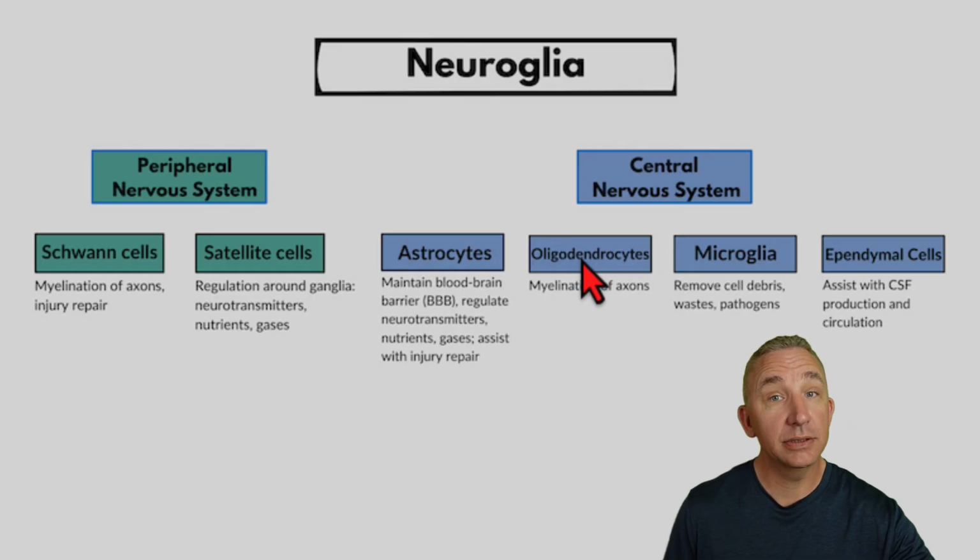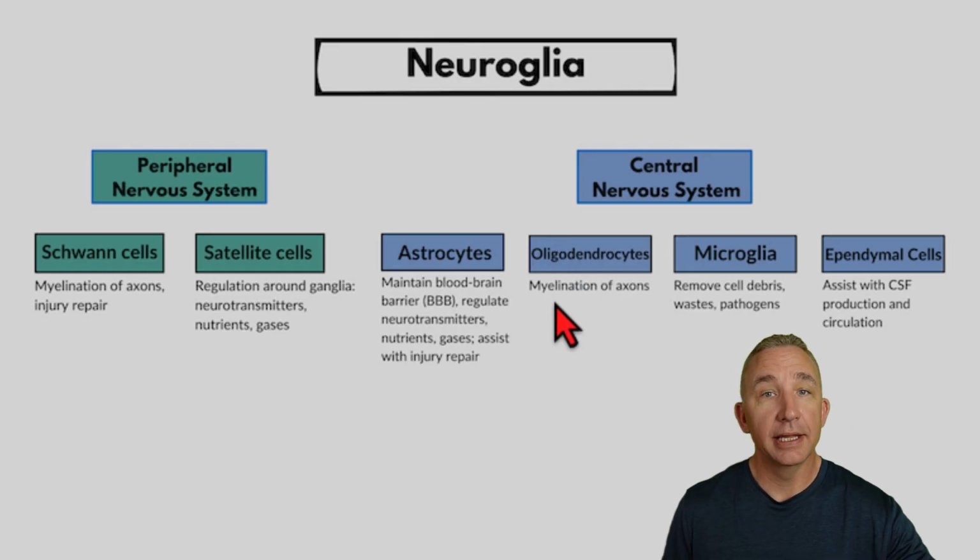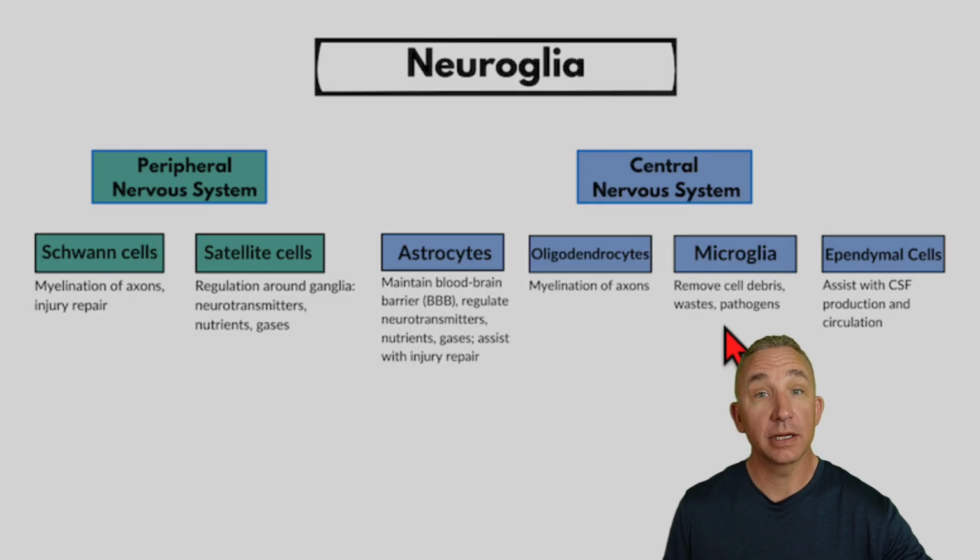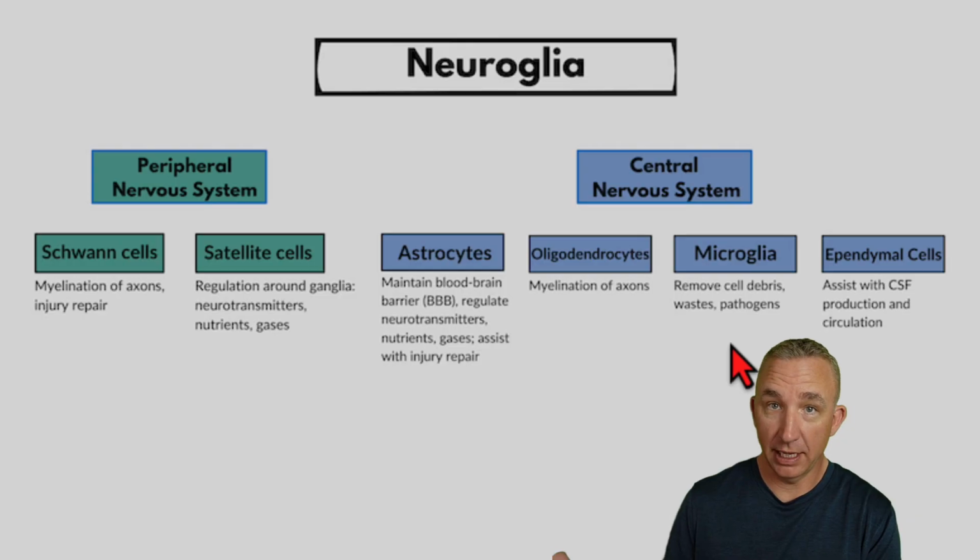When we look at oligodendrocytes, they perform myelination of the axons in the central nervous system. Remember, myelin or myelin sheaths help to speed up that impulse, that action potential as we move along an axon. When we look at microglia, they help to clean up. So they remove cell debris, waste, pathogens, and that's within that interstitial environment. So as cells start to die off or they become older, we also get rid of the waste, or if we're exposed to anything like viruses and bacteria, they assist with that removal, mostly from a phagocytic standpoint, meaning they